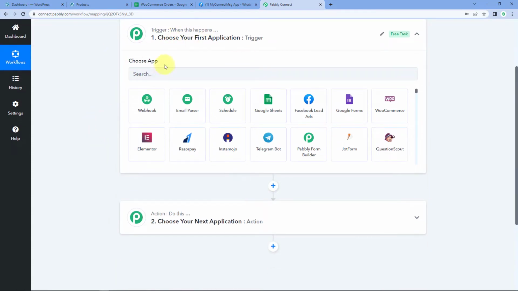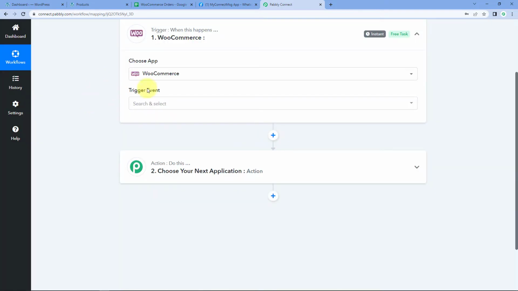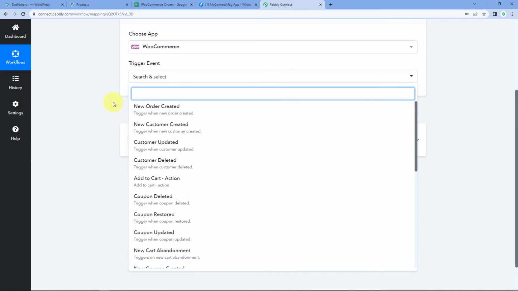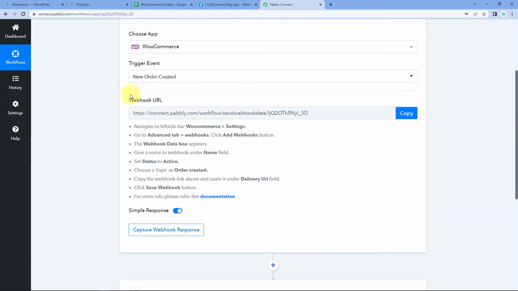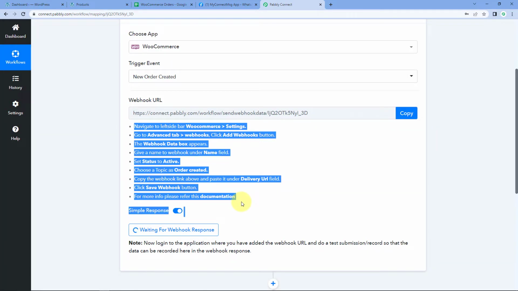So here in the trigger window, in choose app, first we have to select WooCommerce. Just select WooCommerce from here. Then after that, in trigger event, we can see there are multiple trigger events over here, out of which we will select new order created. After selecting a trigger event, Pabbly Connect gave us a webhook URL. Now we will use this webhook URL to make the connection between WooCommerce and Pabbly Connect. So just copy this webhook URL from here and follow the help text given below over here to make the